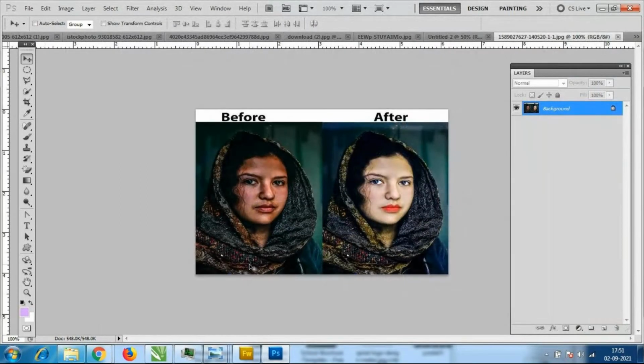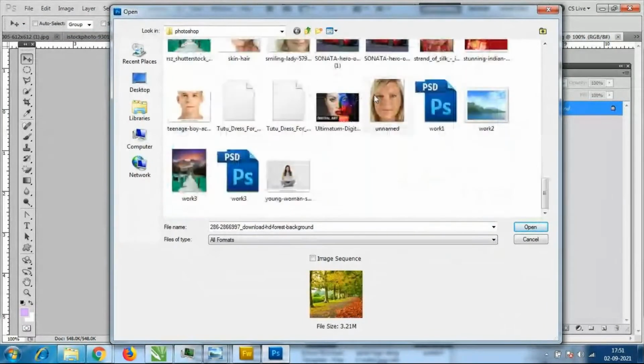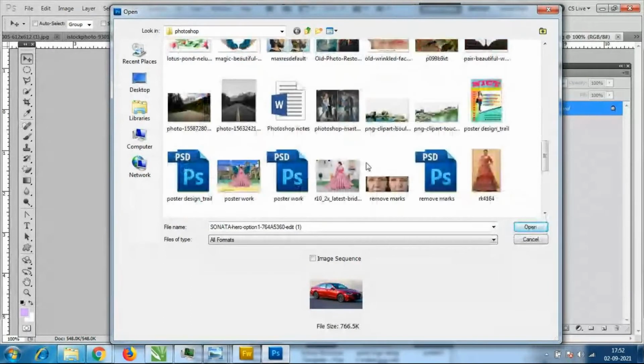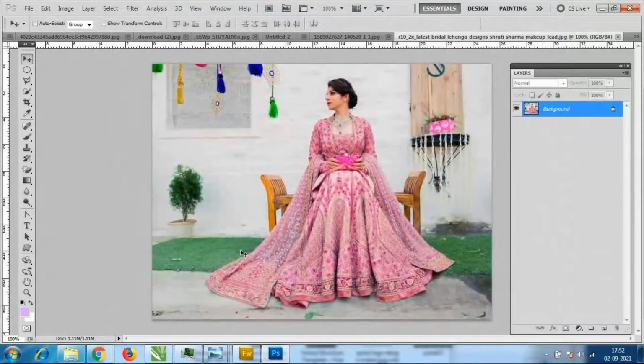See, before and after, we have to select it, then only it is possible. Any of the backgrounds, we have to see this kind of car. Otherwise this image we have to select neatly. It is not possible with the polygonal tool. We have to use the pen tool, otherwise we can draw the shape on this image only.